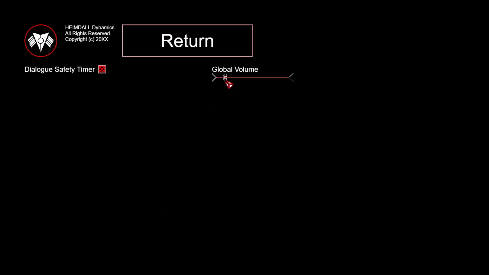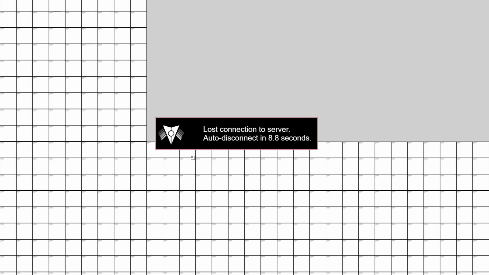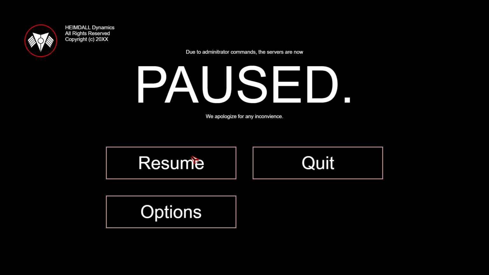Options. Set the global volume to right around here, right underneath the E. I can press this button now because there is actually a pause scene. I tried to jump, I was too late. Yeah, this doesn't make very much sense, to be honest. You can't pause the game during a